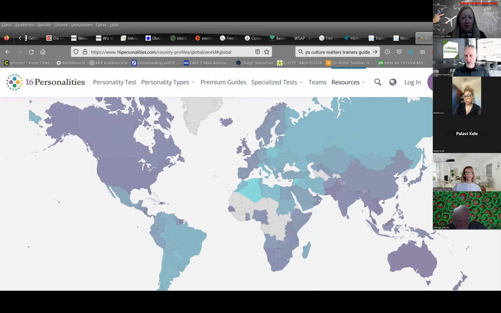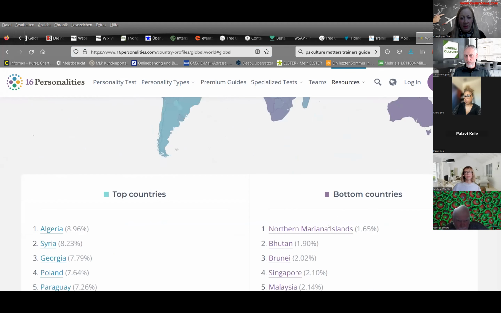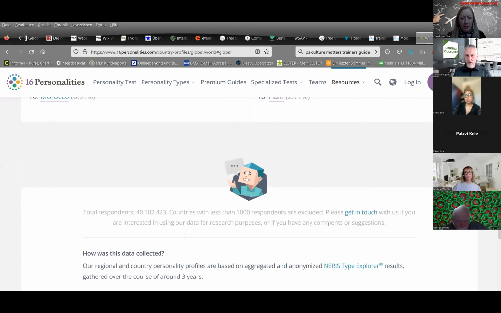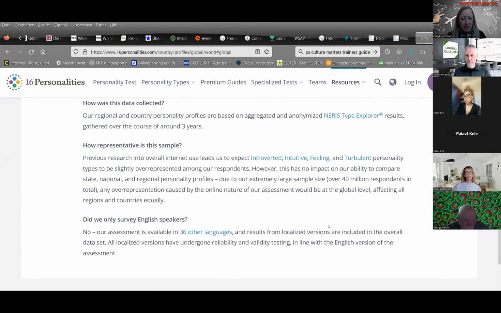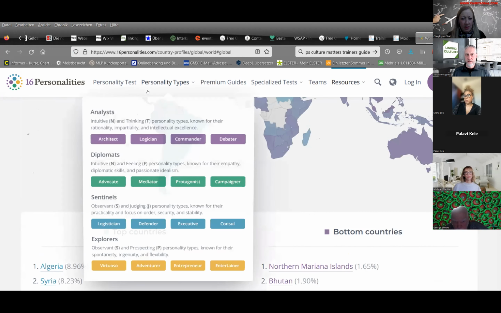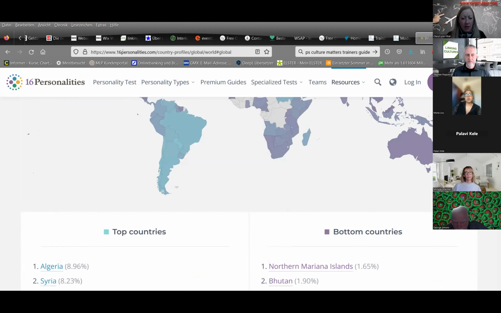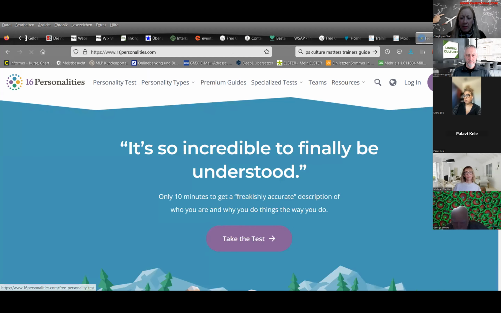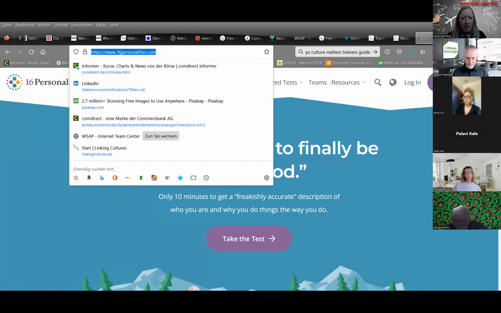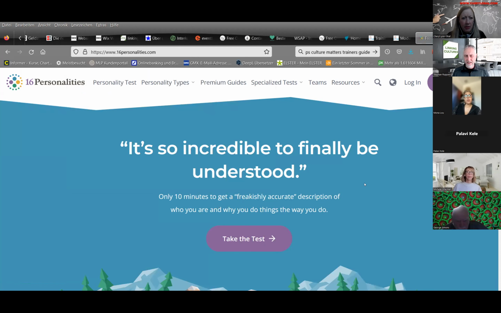And then you can just check the different countries, compare the countries, and you also get a lot of background information about these personality types, the personality traits, and whatever. So these types, do they come from the MBTI? I think it's a model, not MBTI. I think it's a different system, but I quite like it. I haven't used it for the intercultural component of it, but I quite like the personality test concept itself. But it goes in a similar direction.